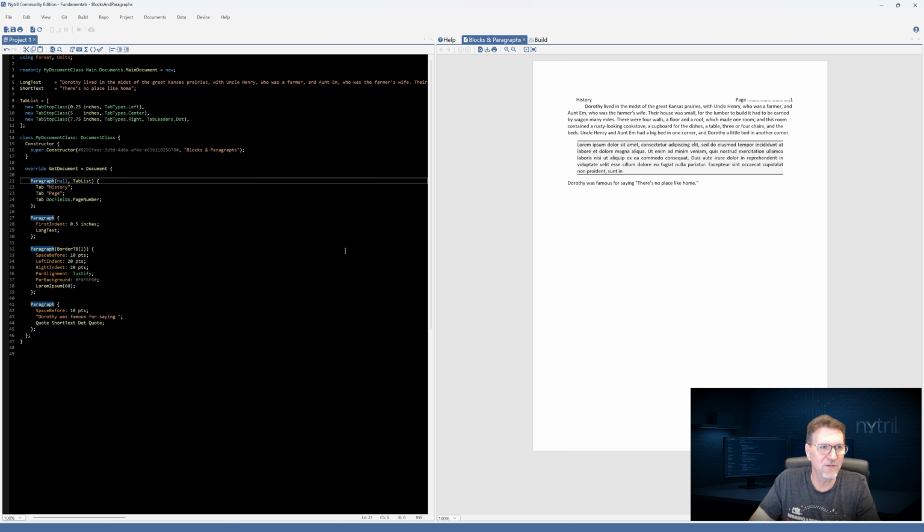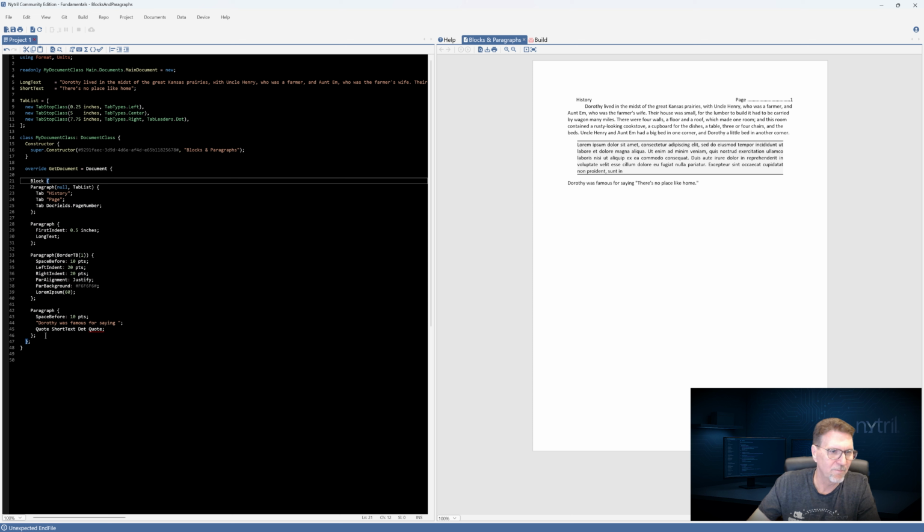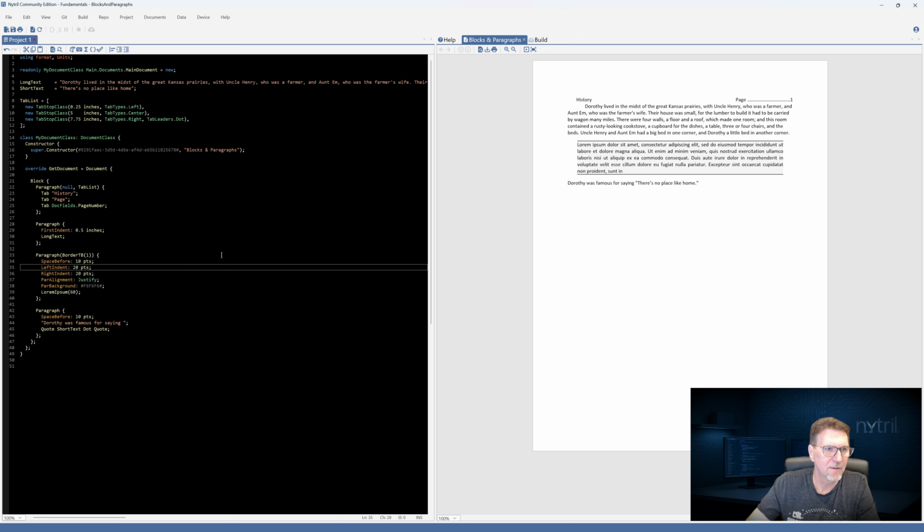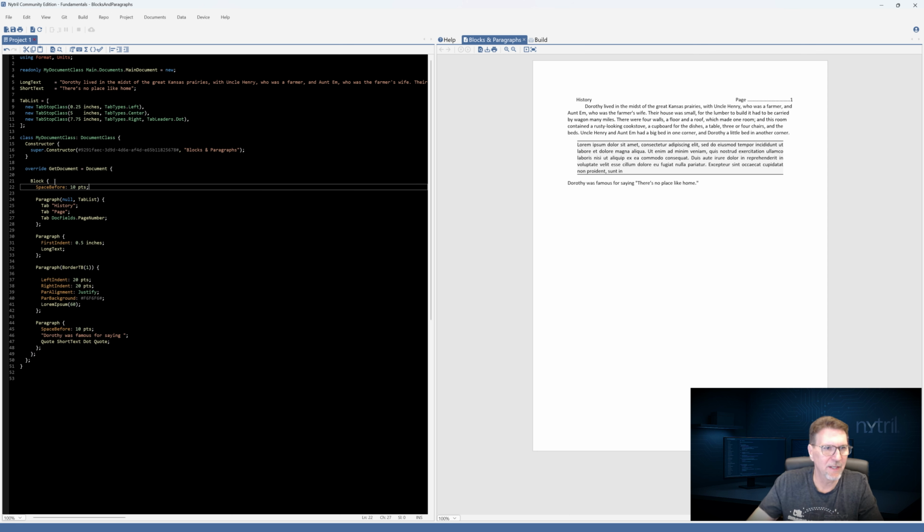So I'm going to take these 4 paragraphs that we created already, and I'm going to put them in a block. And I'm going to take this space before out of here. I'm going to put it up here in the block, and take it out of this one too.